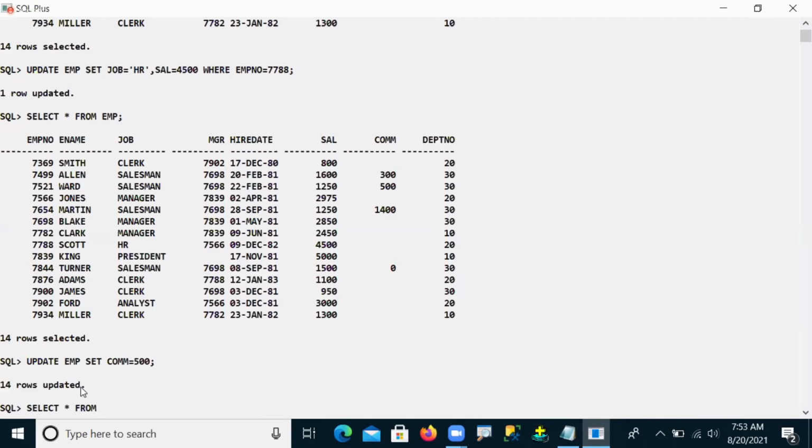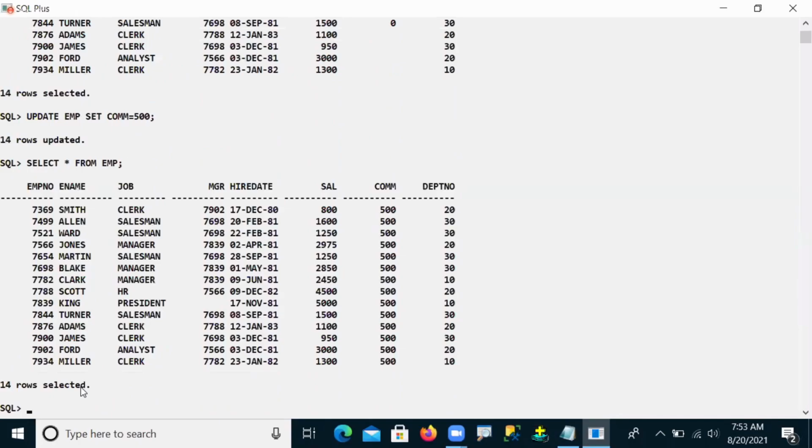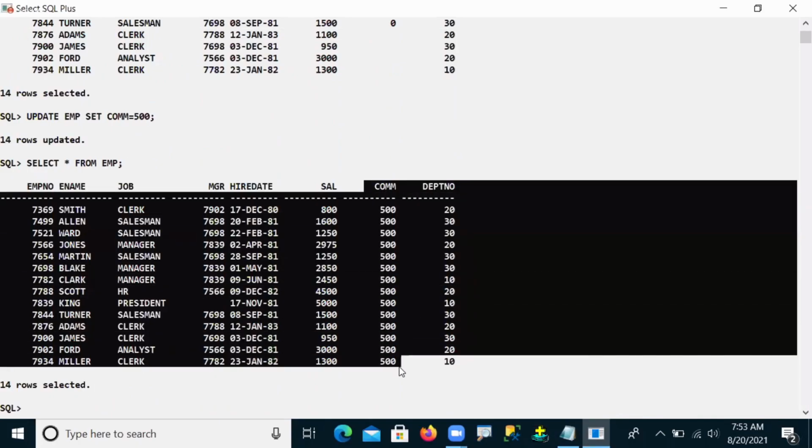Let's call select star from the EMP table. Now you can see that all employees' commissions have changed to 500. So this is the way we can update either a single specific row, or all rows' data. Two cases: either specific rows, or all rows.